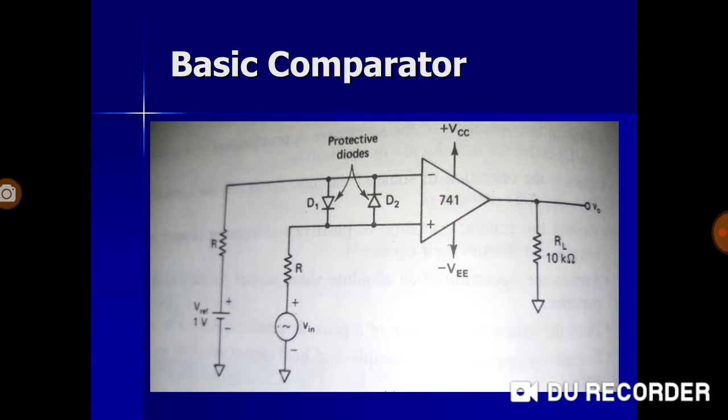These particular diodes are used for protecting the op amp from high input voltages. If the voltage goes high, then in that case either D1 or D2 starts conducting and it actually shorts, and it does not allow the op amp to be damaged or presented to high current or voltages. That is why it is indicated also that these two diodes D1 and D2 are protective diodes. And the supply obviously is, for the positive supply we have plus VCC and for the negative supply we have minus VEE.